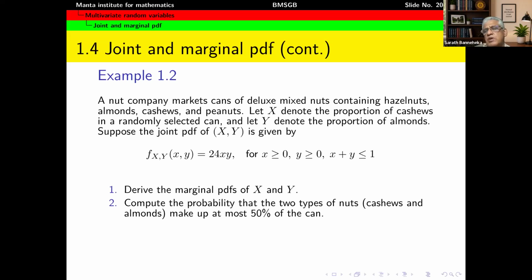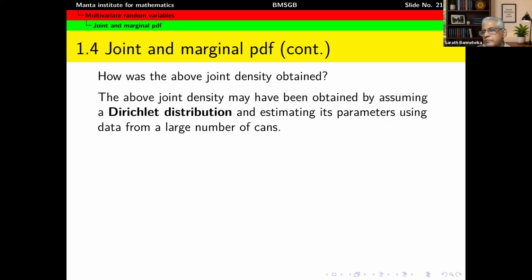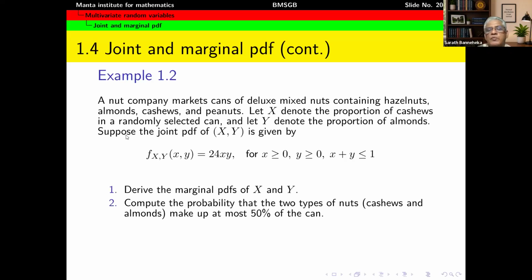Generally, there are several methods that one can apply. There can be some theoretical formulas that the probability density function should follow. There are rare cases like that. But more practically, usually these are coming from data, right? If somebody has a large set of observations containing what percentage of each nut was there in different cans, right? So using those, we can find out, for example, if you are interested in X and Y only,